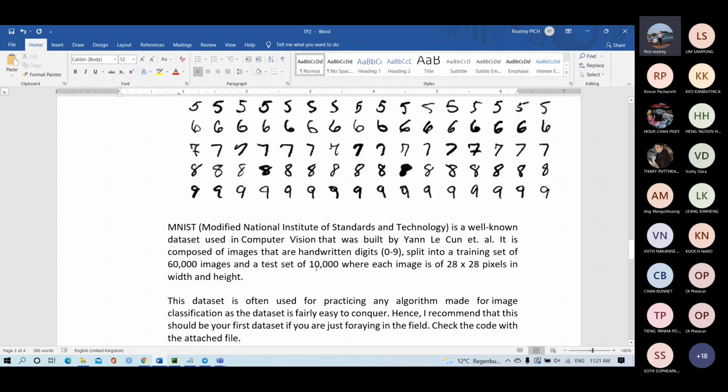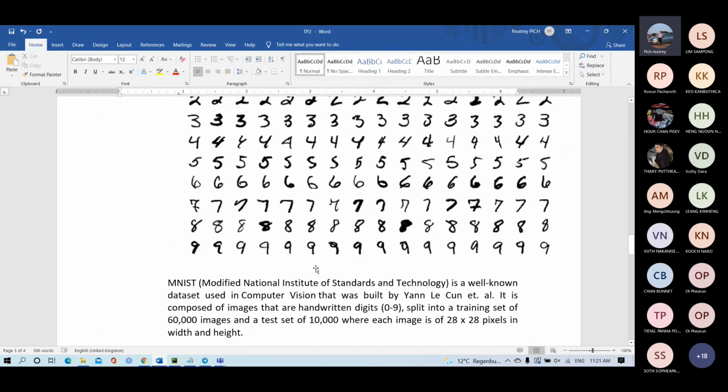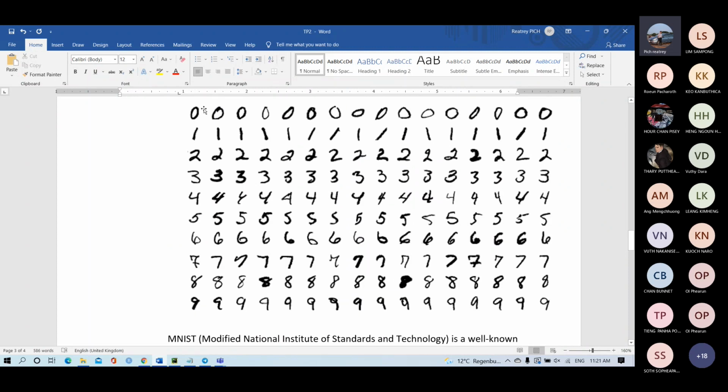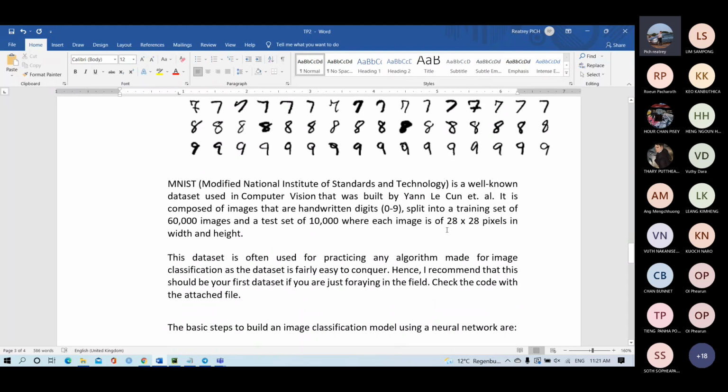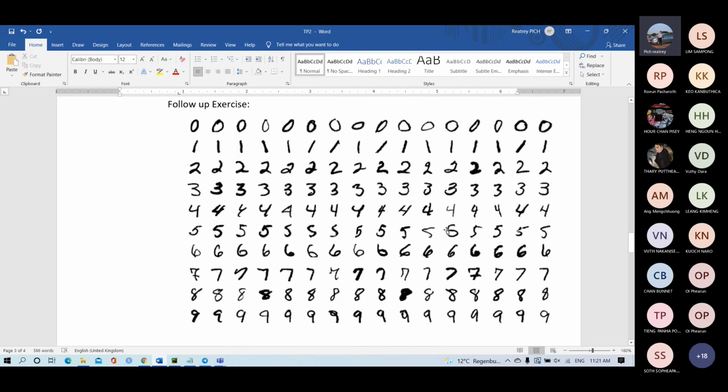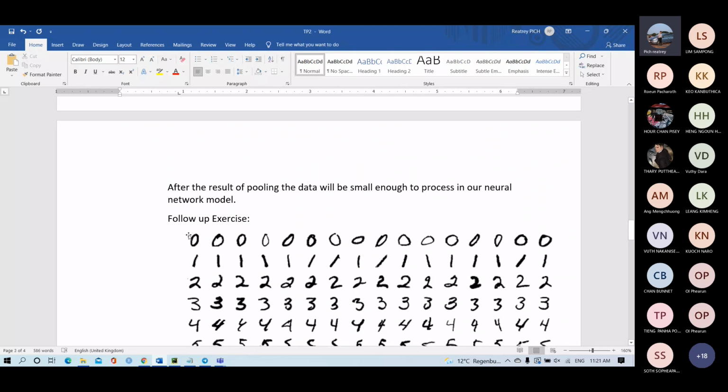When you have this image and try to cut the scope of the image, the input pixel size of the image is 28 multiplied by 28. So it's a very small image. If we compare to our technique, for example, if I cut from this image, perhaps it's higher than 28 by 28, but they try to reduce it to 28 by 28.